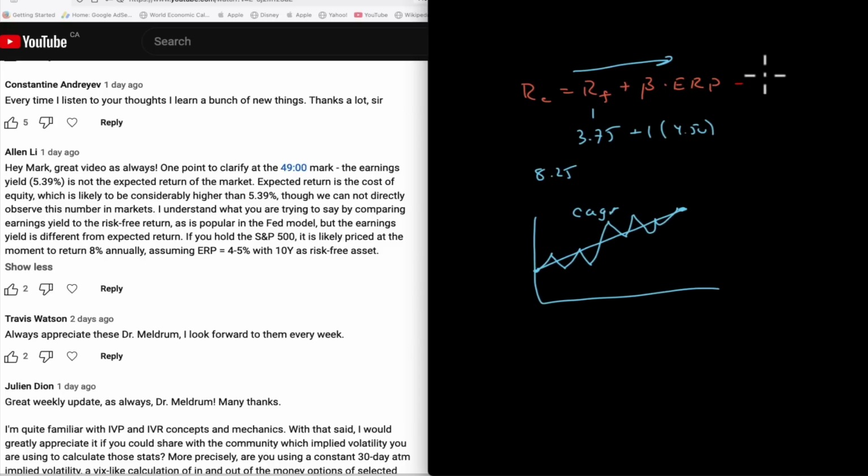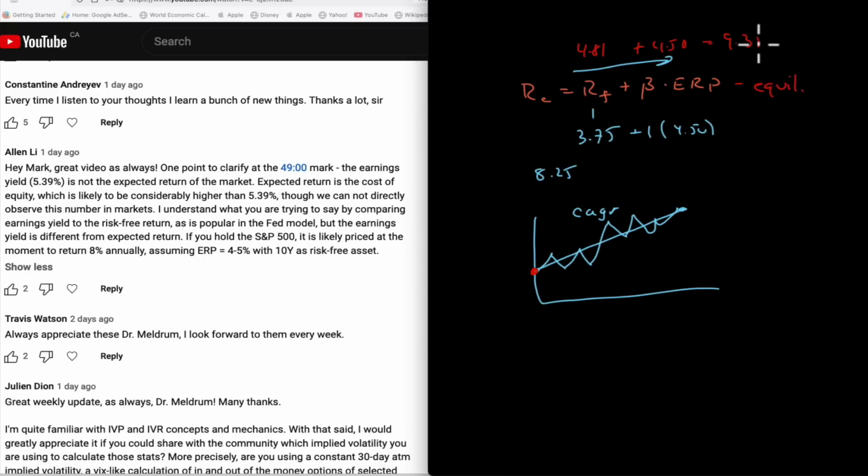Here's the deal with this. This is called an equilibrium model. It assumes that the price that you have today is in equilibrium. We can use a one-period model for this as well. For the one period, we can use a one-year rate. Let's put 4.81 in there and add the equity risk premium. We would get to 9.31.